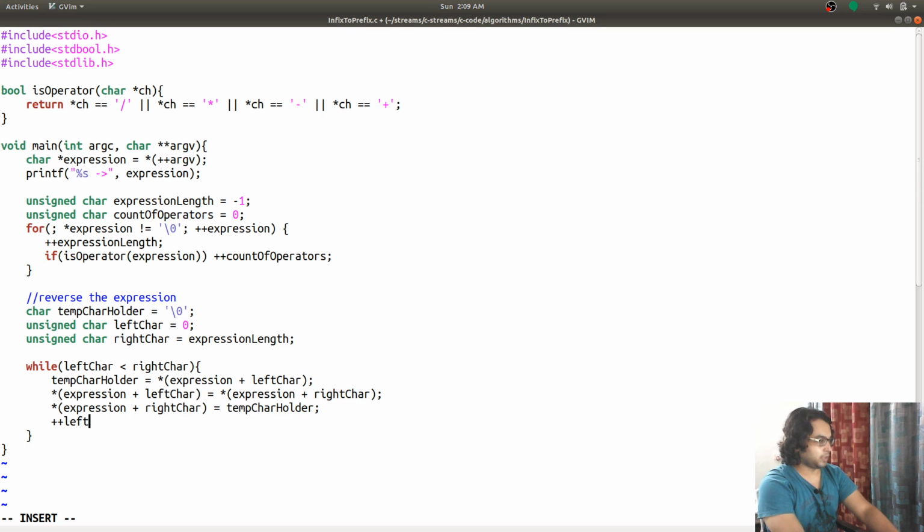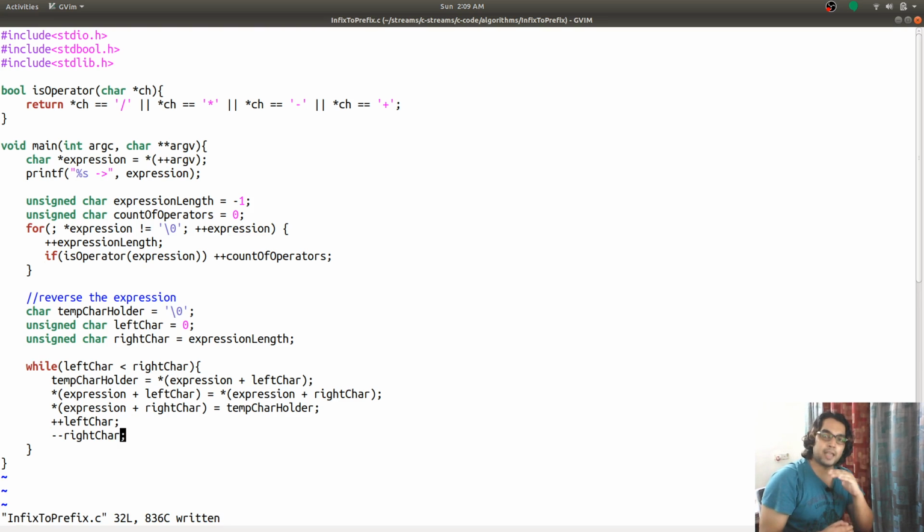So left char is going to be incremented by 1. We are moving to the right, and right one is going to be decremented by 1 because we are moving to the left, toward the 0. So left is moving toward the length 6 and right is moving toward 0. So we have to subtract 1 from the right char.